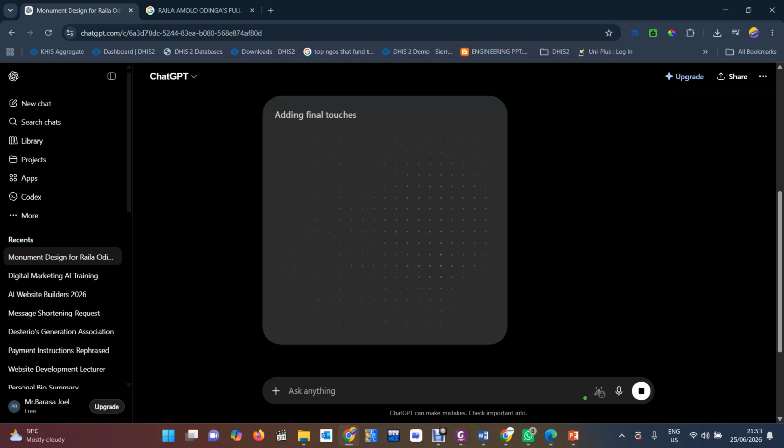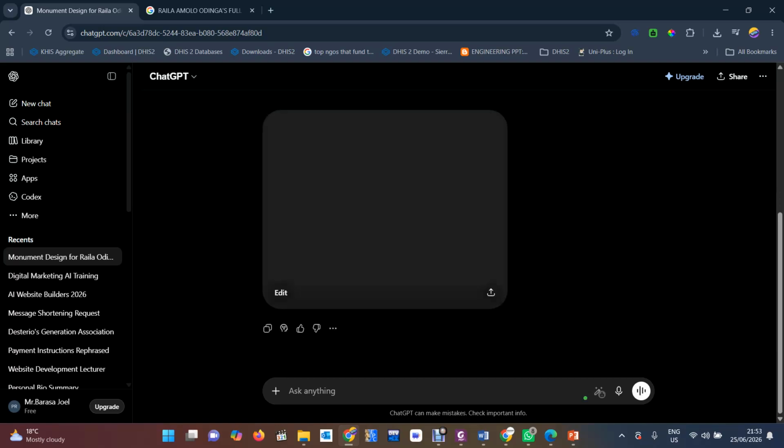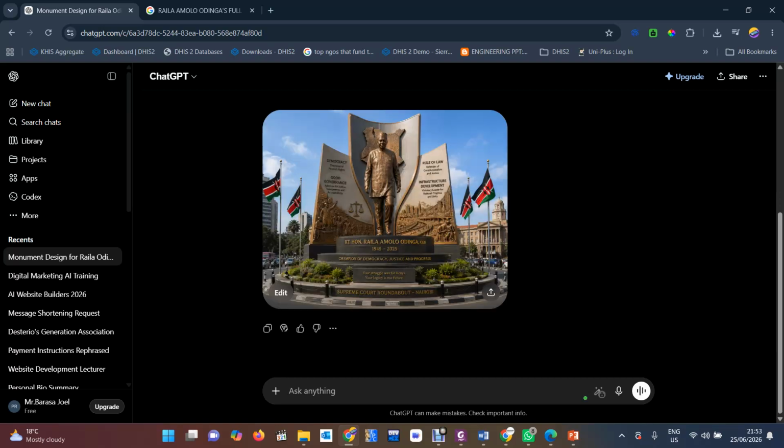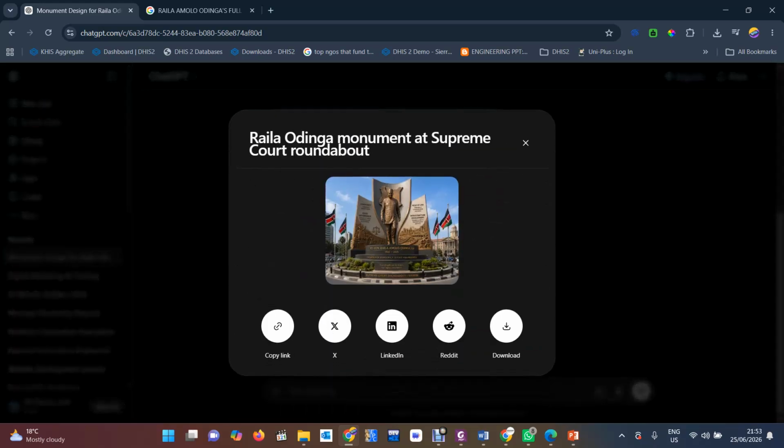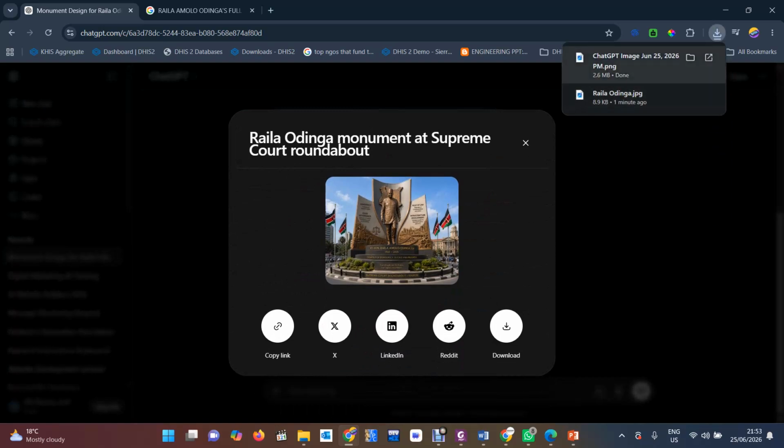So it is finishing up, it's adding the final touches, and then there you go. You can see that statue that the AI has given you. Let us open it.